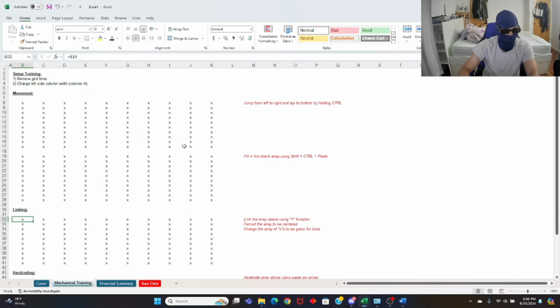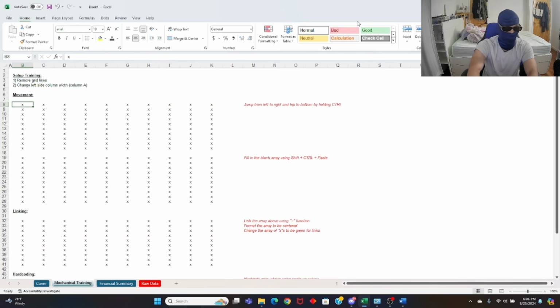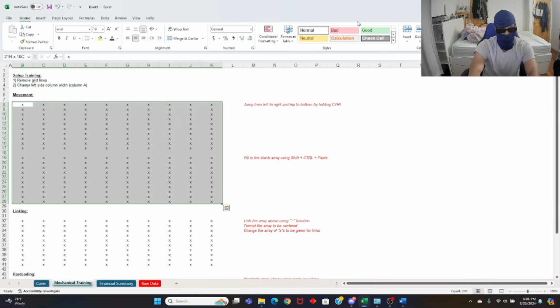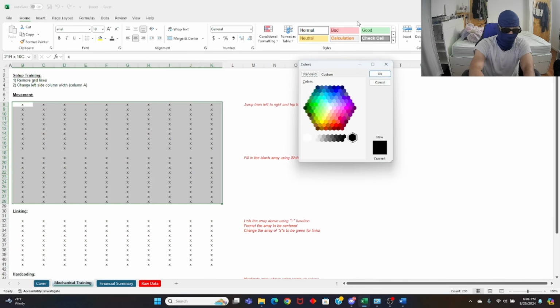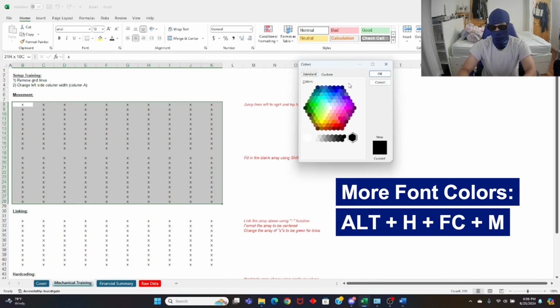And let's go back up here and make the hard codes in blue, right? So to come here, highlight, Control Shift, go down. You want to highlight the bottom two, so go down again. To the right. Alt H FC, open up the color palette. And now, a lot of the times, the blue code should be hashtag, I think 0000, right? On your native Excel, it doesn't show you the color of blue that we usually use, so you're gonna click M for more colors. And now this is where you pick up your mouse, right?